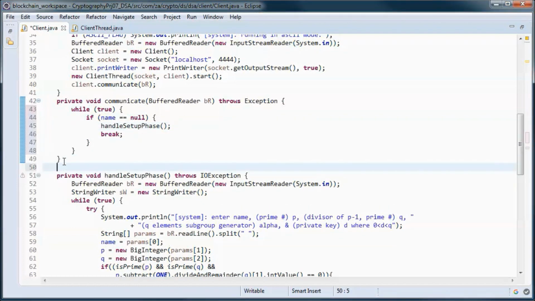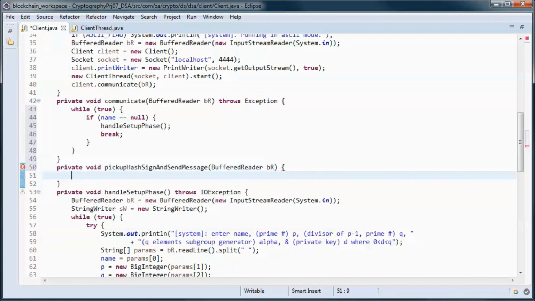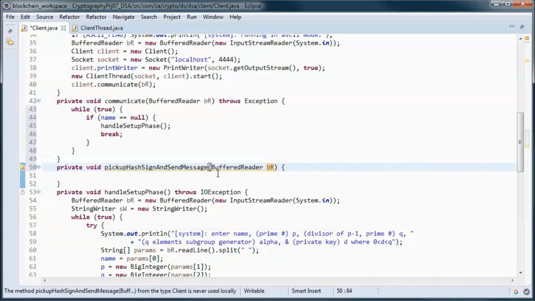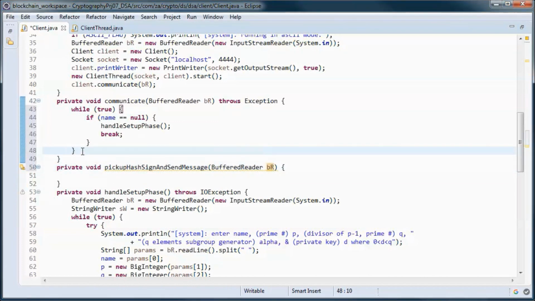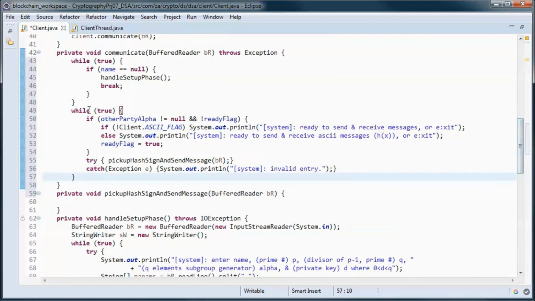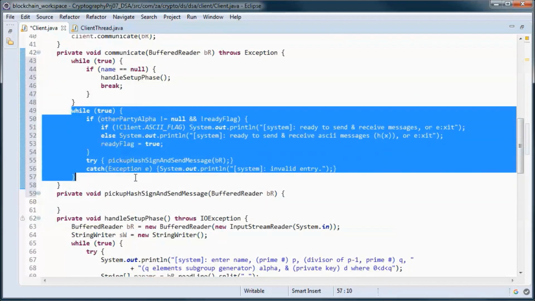And we need a method that does the pickup of the message and hashes it and signs it and sends it across. So this method does all that, and we call it to send the messages from this always true loop.